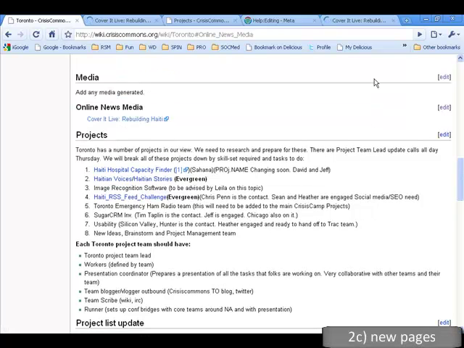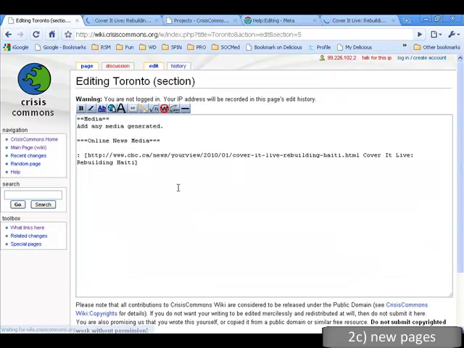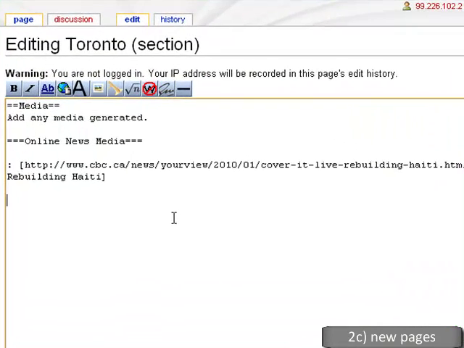The last simple exercise in editing the wiki is really to add an additional page. And we can do so once again by clicking on the edit. And let's say we want to add a page that contains our press release for the media. To do that, you would use a different syntax for creating another new internal page, and you notice that it starts with 2 square brackets. In this case, this would be followed by the name of the page that you're creating. So for example, you may want to start with